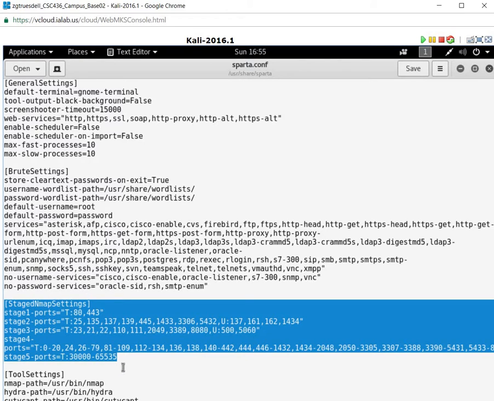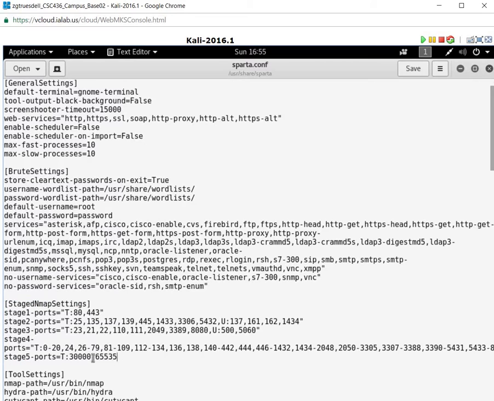Let's say we don't want to do stage 5. We could simply delete it, or we can merge it with stage 4. Really, you can configure this to however you personally would like to see it. And then if we go further down,